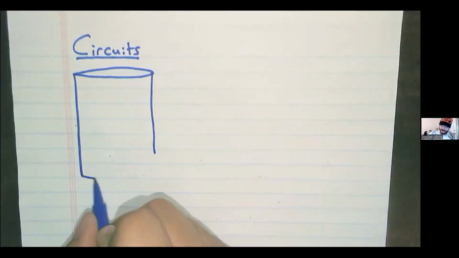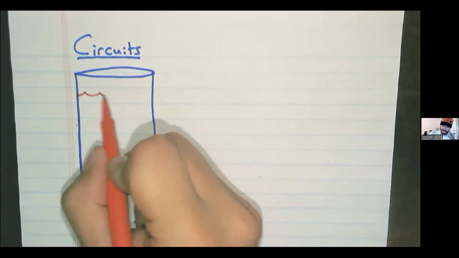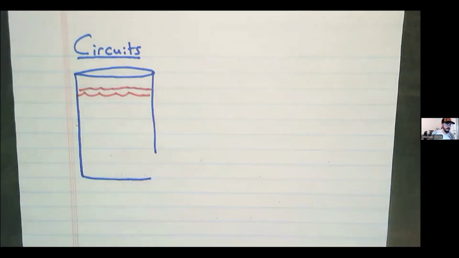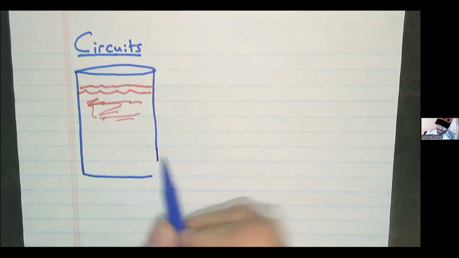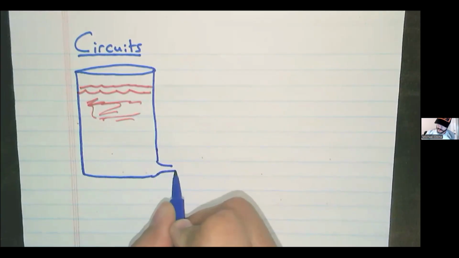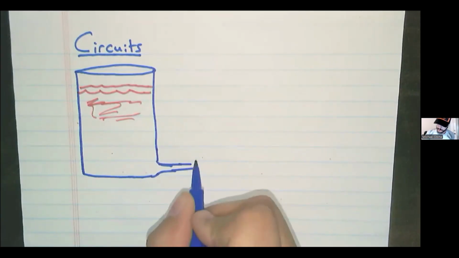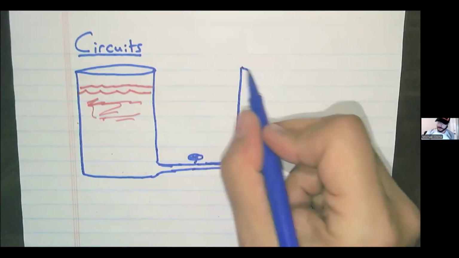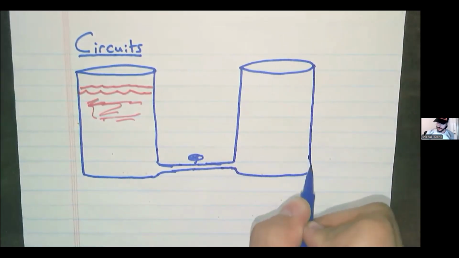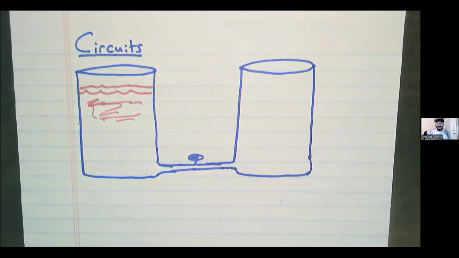building on that fluid analogy, imagine a large container of water. Imagine that it is relatively full. I'm not going to color the whole thing in, that'd be silly. But at the bottom, it connects through a pipe. There is a valve here. And the pipe goes to a neighboring container of water, which is empty or nearly so.